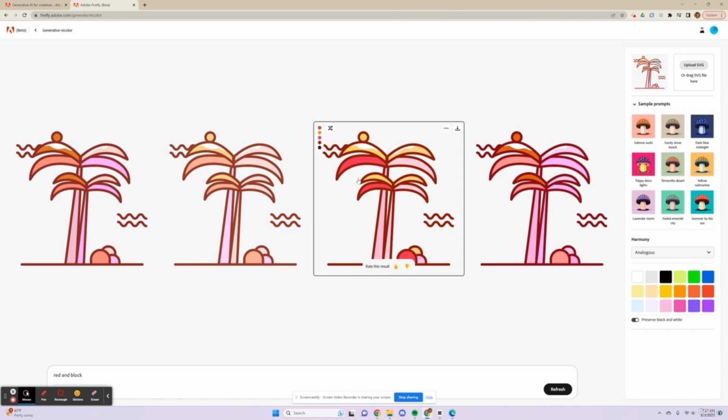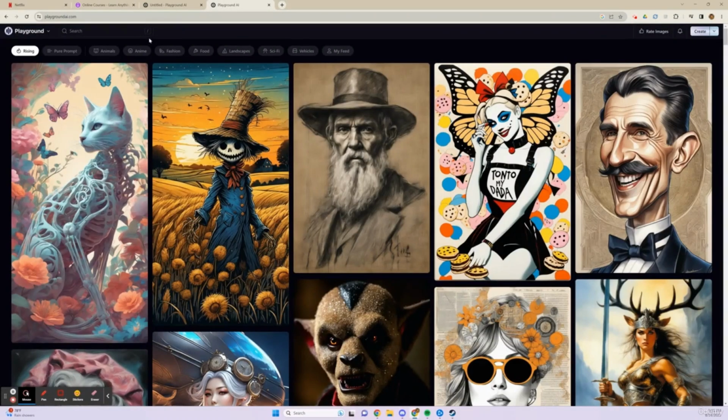That covers generative recolor. I'll attach a worksheet in the lecture description. Now we're going to go over Playground AI and using it to rapidly prototype different image generation prompts for generating your text-to-image AI art. So I'm on playgroundai.com, and if you aren't on this page already, make sure you go to that URL